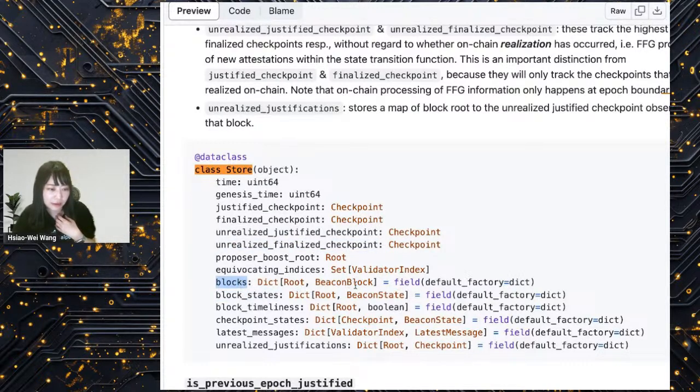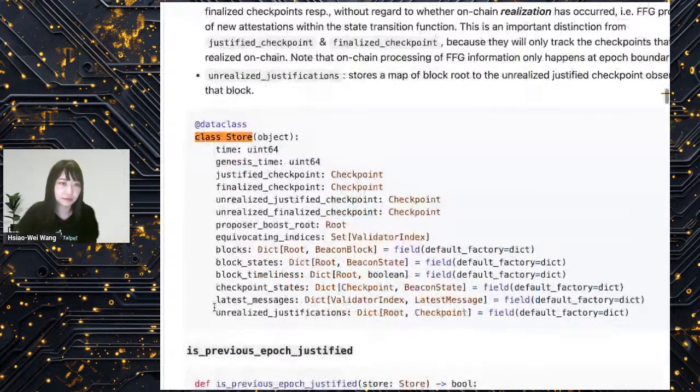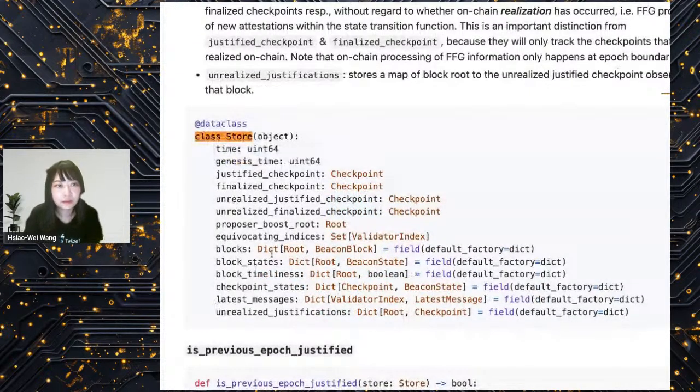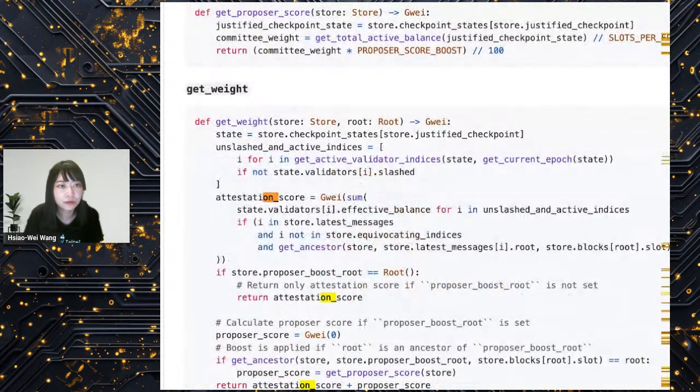So the blocks are actually a dictionary. So we use the block root as the identifier, and so does the state. The root is the block root, and then the content is the state of the given block root. So you can see we have these kinds of fields. And then where we handle the reorg,